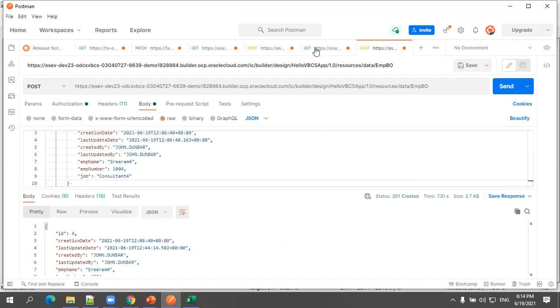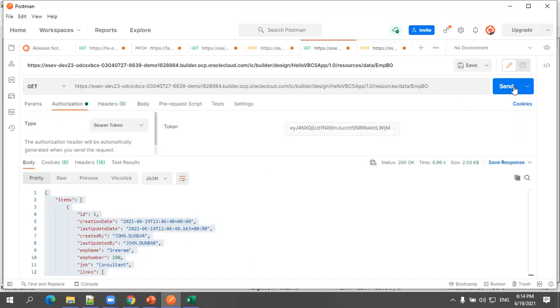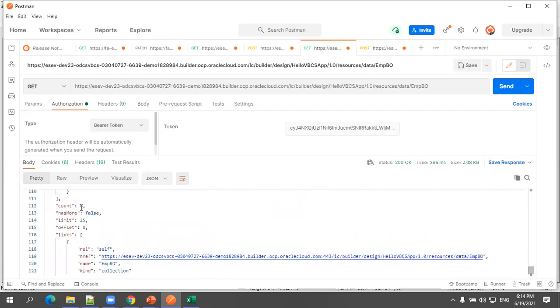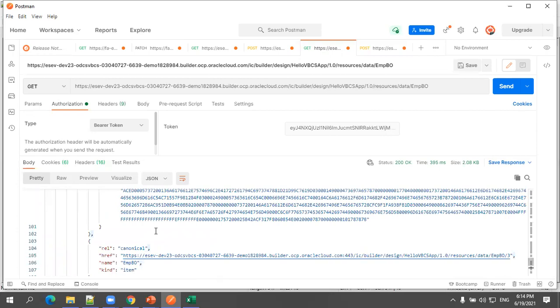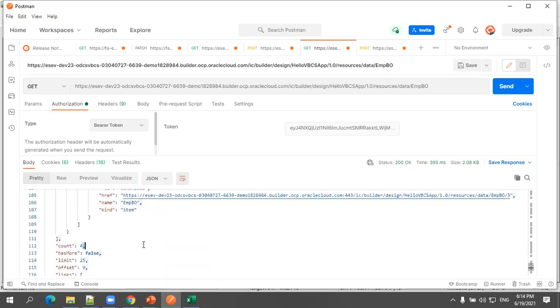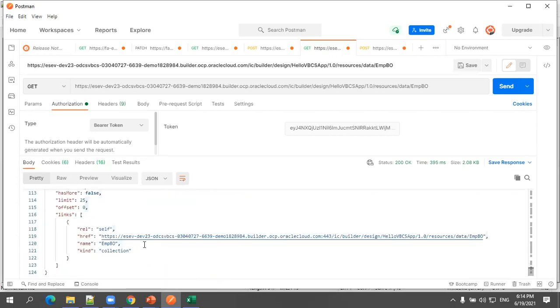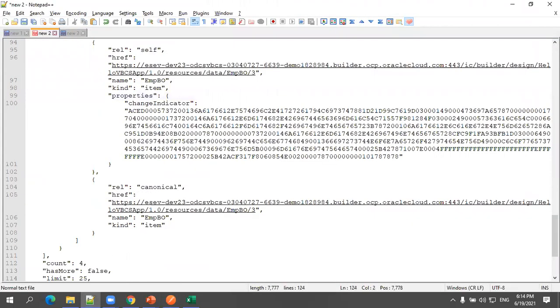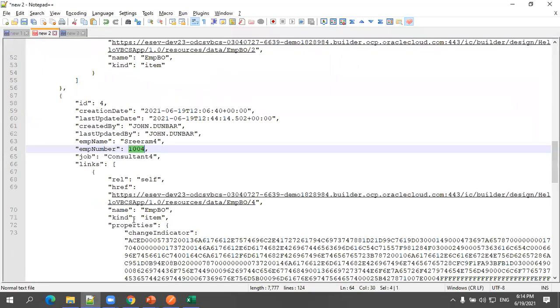Now let us try the other way, try to get it, and you have to get the latest record also. You should see the record count 4 now, right? Record count is 4, and you could see the latest record also. Yeah, this one. Somewhere it will be there. 1004, right? You got the 4th record.